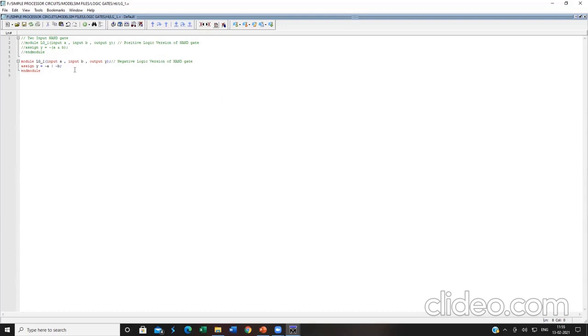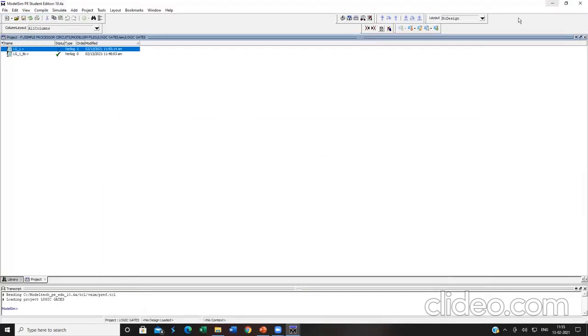Even if I'm removing the comment line, that is also a program update. So if I add or remove anything, again I'll get a star symbol over here. Here I have to update by pressing Control S, and only then it will be removed. So now the negative logic version has been enabled over here. Just minimize this, right click the Verilog file, go to compile, compile selected. It is successful.